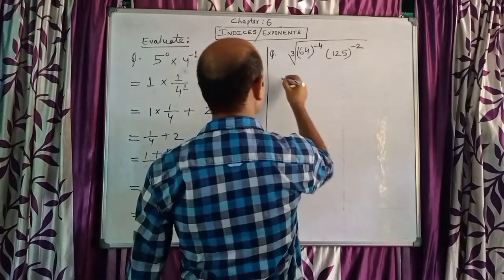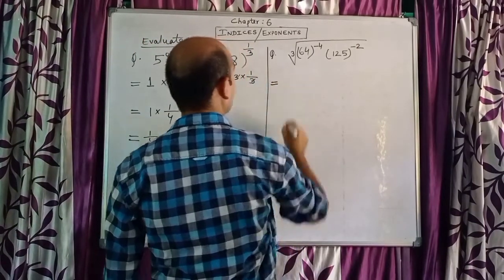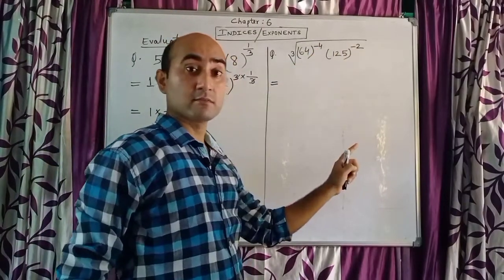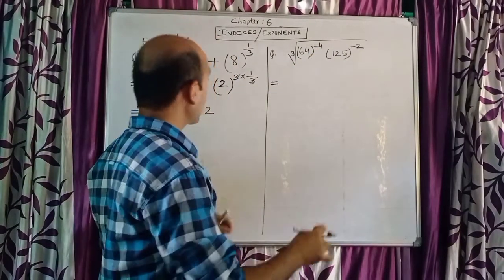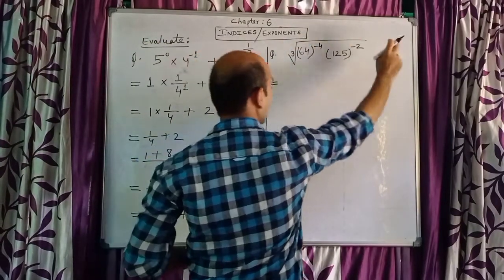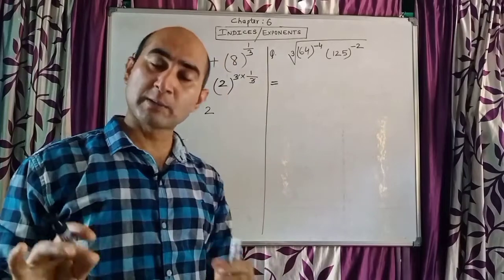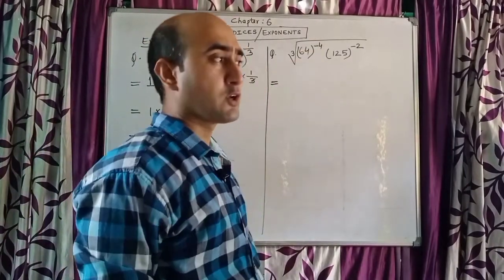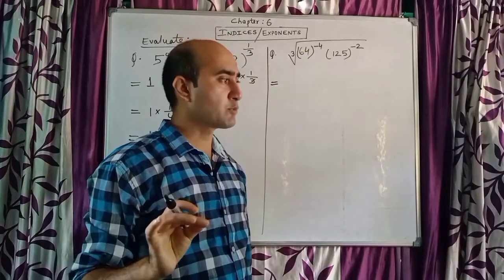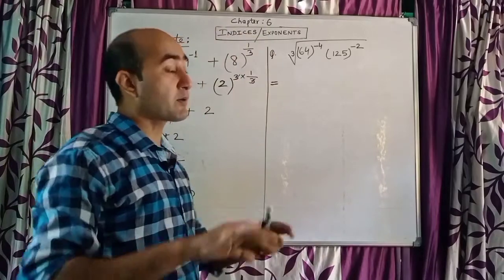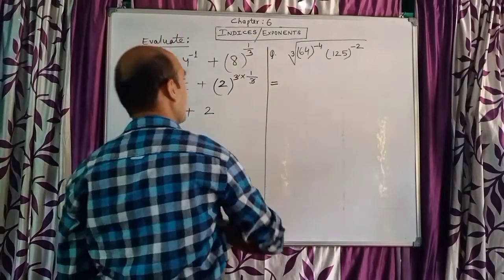Now moving on to the second question. So here you can see so many things. There is a minus power, a negative power, and there is also a cube root, because there is 3 here, which means it is a cube root. So your duty is to remove the cube root, as well as to remove the minus power. So first I will remove the minus power. That means first I will make the minus power a positive power, then I will remove the cube root.